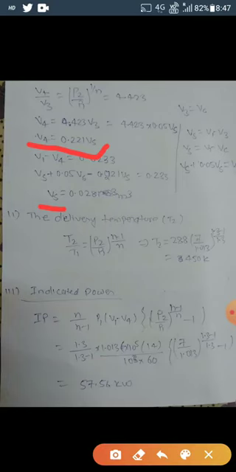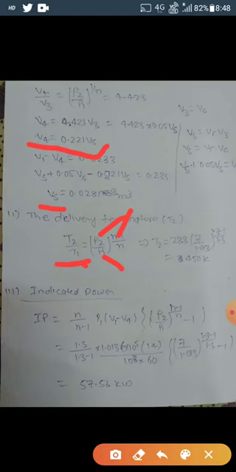So the first part is solved. Now I am going to the second point. The delivery temperature is T2. T1 to T2 is a polytropic compression process. So T2 by T1 equals P2 by P1 to the power n minus 1 by n. P2, P1, n and T1 are given, so put the values in this equation and you can find T2 as 450 Kelvin.